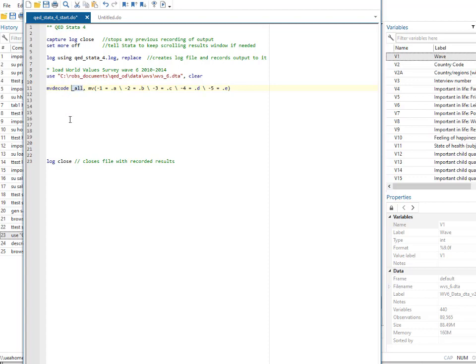It's really a kind of a meta variable. This means that what you're going to do applies to all the variables in your data set. So in all the variables, it's going to change missing values so that -1 turns into the dot A. And in Stata, remember the basic missing value is just a dot. Then you have different categories like dot A, dot B, dot C, dot E, and you can then label that